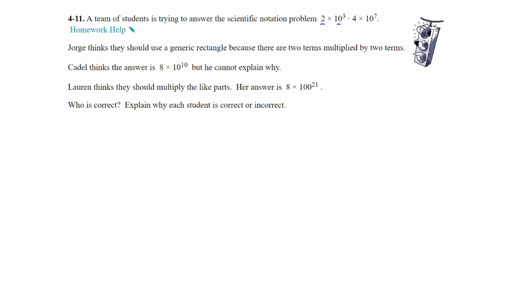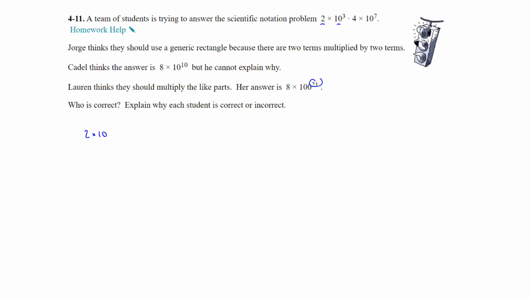Lauren thinks you should multiply the like parts. Her answer would be 10 to the 20, well, actually 10 times 100 times raised to the 21st. But by the properties of exponents, we would add the exponents. So Cadell is actually right, and the reason why is